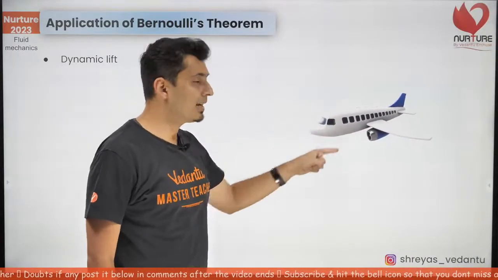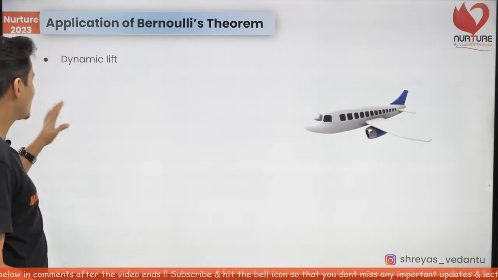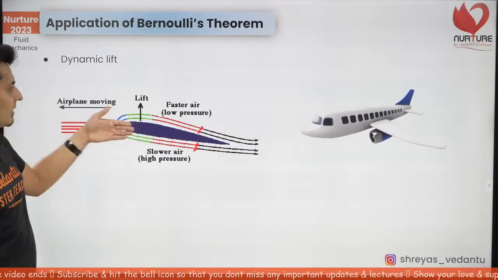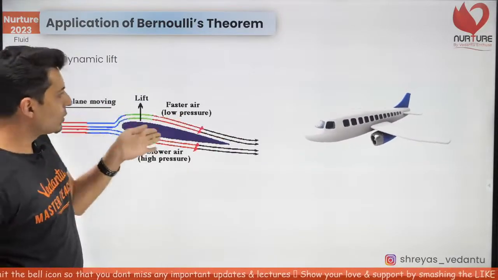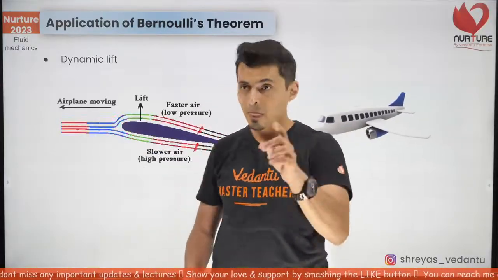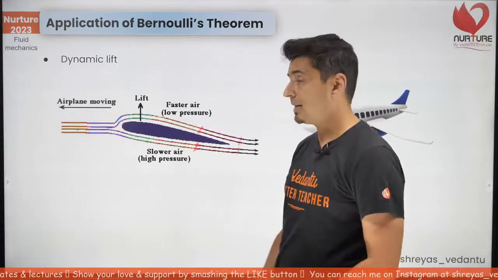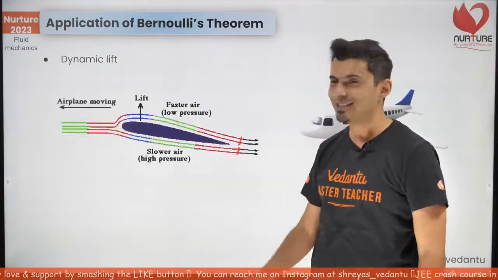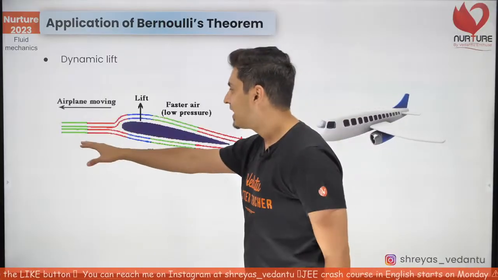Now yes, the wings make it fly, but do you know there is a special shape of the wing which makes it fly? And the shape of the wing is something like this. Look at this. This is the cross-sectional area of the wing. This is the wing over here. If you look at it from that side, the wing looks somewhat like this. This shape is called the aerofoil design, and you have a special branch just for designing these aerofoils. Okay, so when you enter IIT and ISRO and all of that,